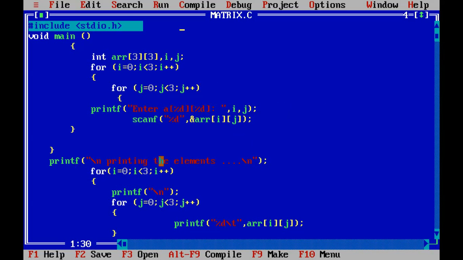Next is printing the elements. Again these two for loops are for displaying the elements from the array. First ARR[0][0], then j will be 1, meaning [0][1], the second element, then [0][2]. After that, when j becomes 3, the loop is false, and it goes to the upper loop and a new line starts. In the new line it will display the second row elements, and it will continue. So let us compile it.